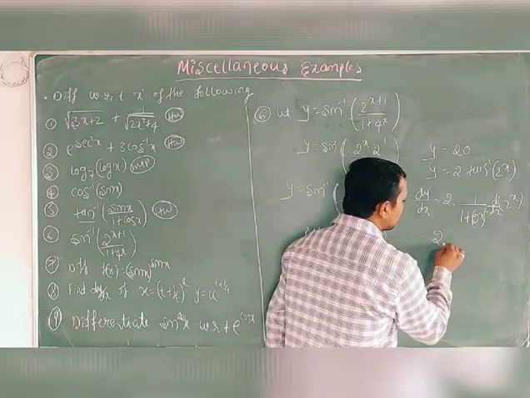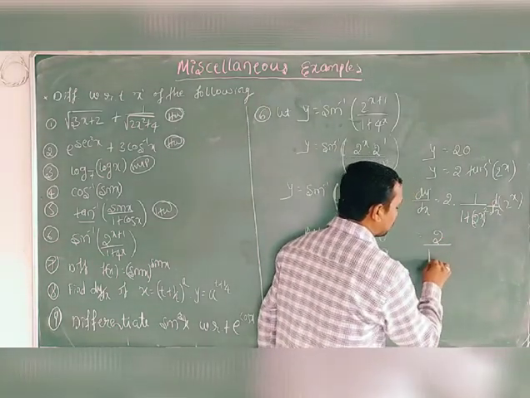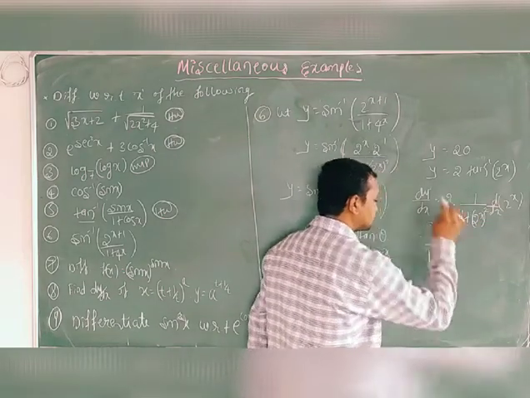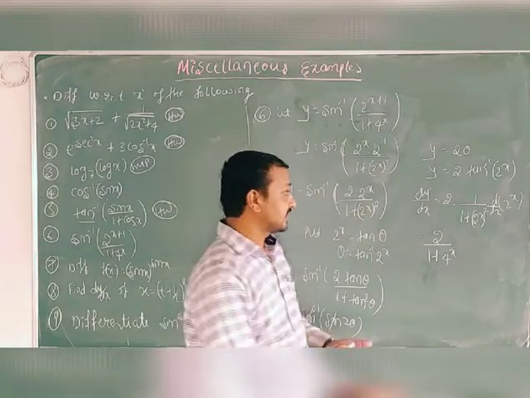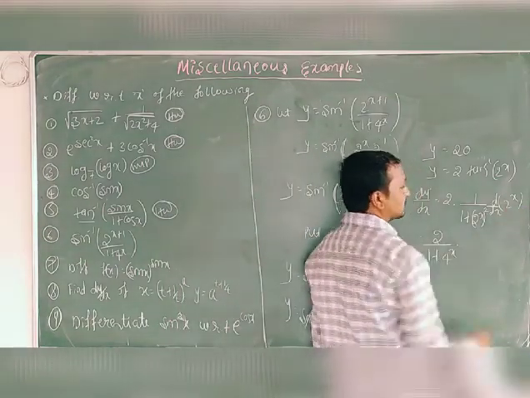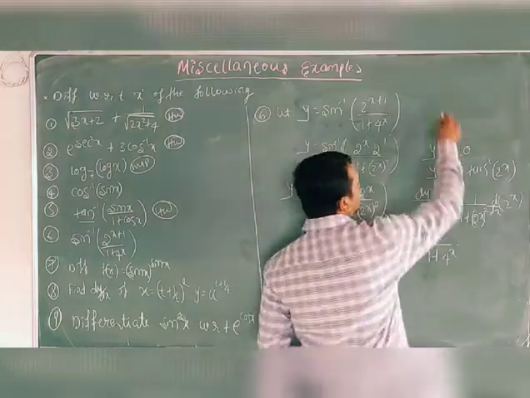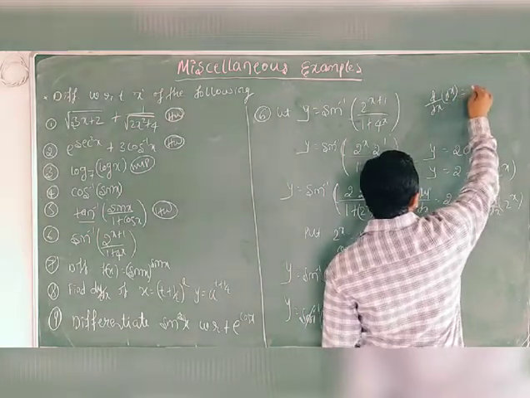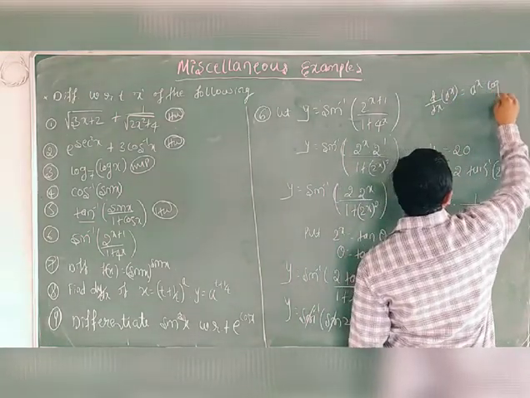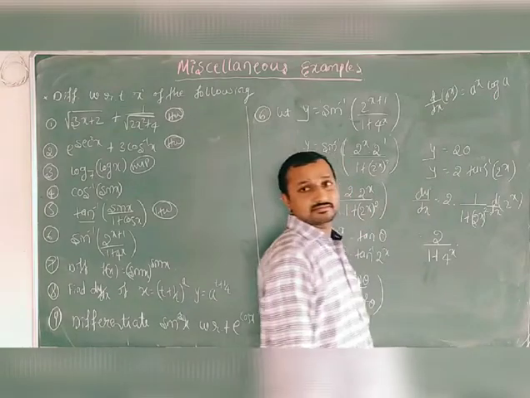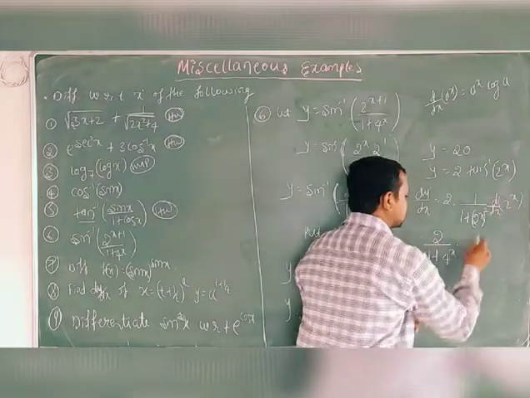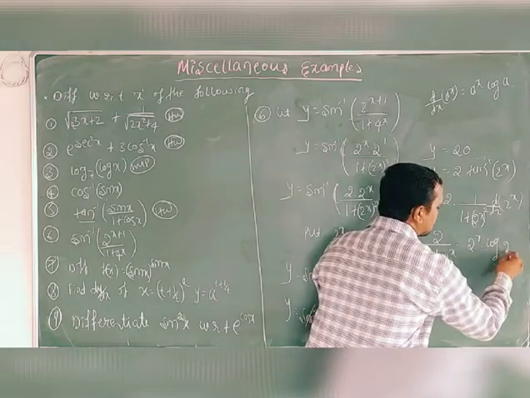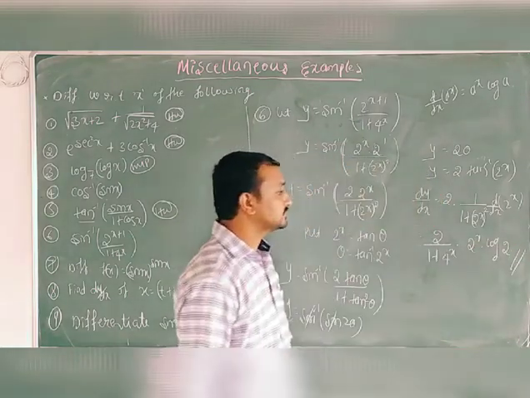So that is equal to 2 into 2 divided by 1 plus, this can be written as 2 raised to x whole square, which is 4 raised to x. It is right. Then again the derivative of 2 raised to x. This is also called the derivative of a raised to x. d by dx of a raised to x. What is the derivative of a raised to x? It is a raised to x log a. So the derivative of 2 raised to x is 2 raised to x log 2. This is the answer.